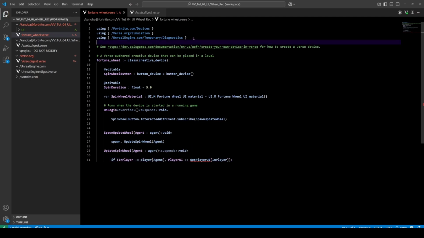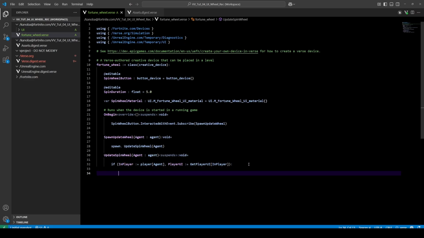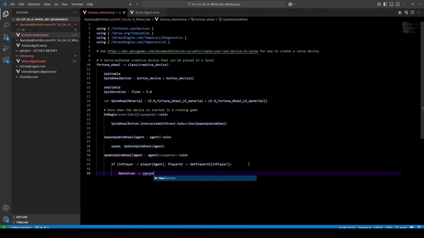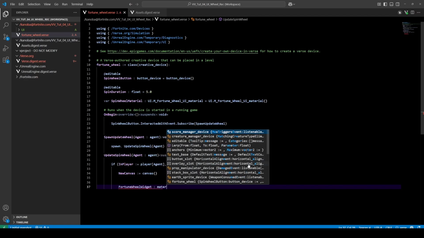specifier. So we need to get access to the UI. So we're getting the player from the agent, obviously the agent that presses the button, the player that presses the button, we're getting the player, and then we are getting that player's UI. And then we need to make a new canvas of type canvas, and we'll call this new widget, we'll call this Fortune wheel widget, and we want to make it a material